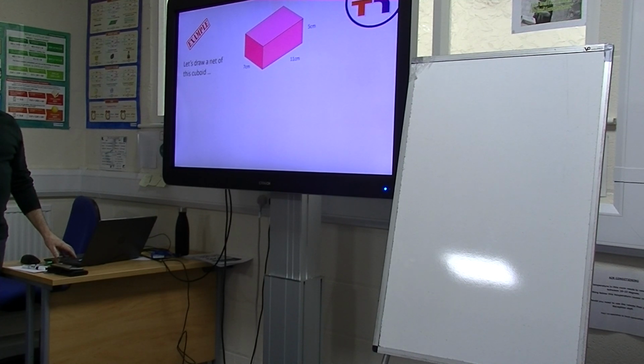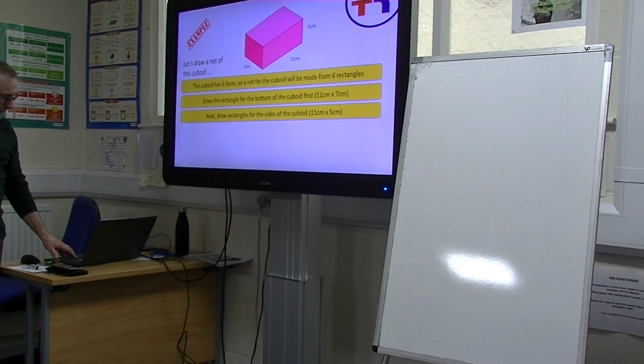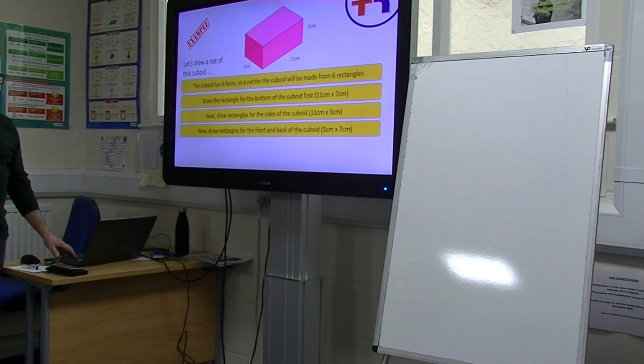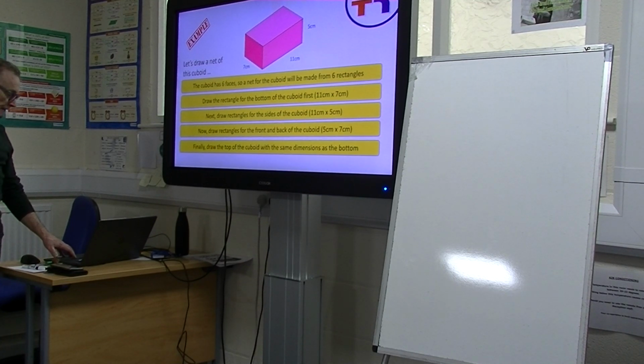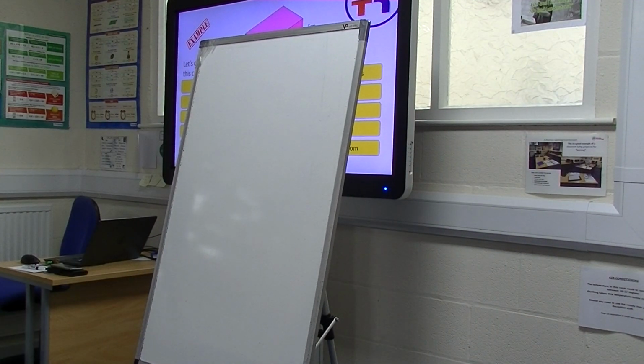Let's draw a net of this cuboid. Okay? The cuboid has 6 faces. So a net for the cuboid will be made up from 6 rectangles. Draw the rectangle for the bottom of the cuboid first, and then draw the rectangles for the sides of the cuboid, and draw the rectangles for the front and back of the cuboid. Finally, draw the rectangle with the same dimensions as the bottom. So what would you do for that particular question? If you had to draw that as a net,